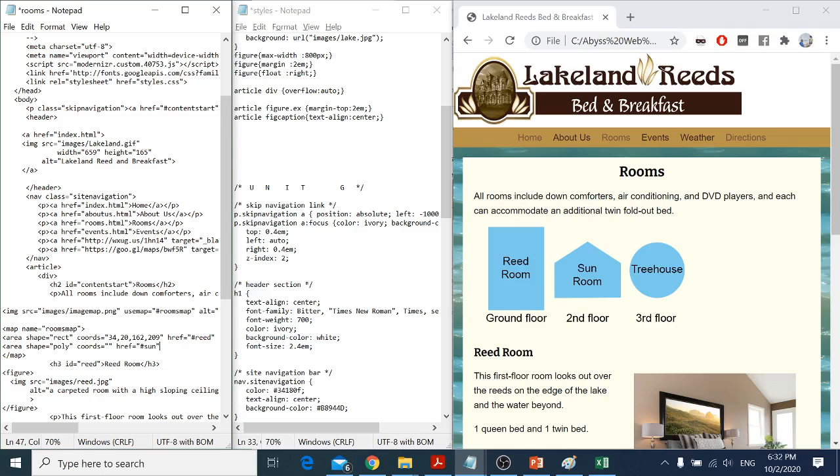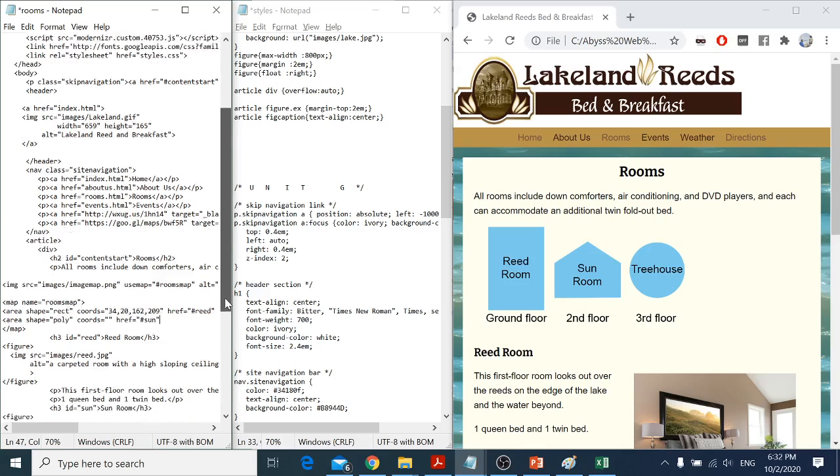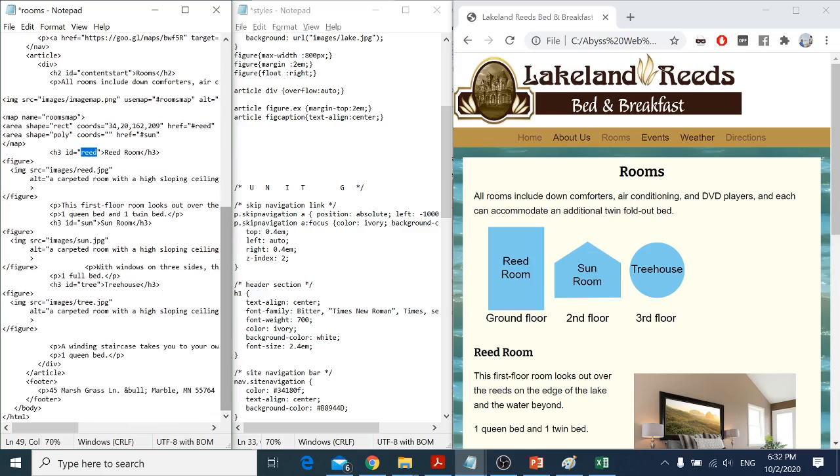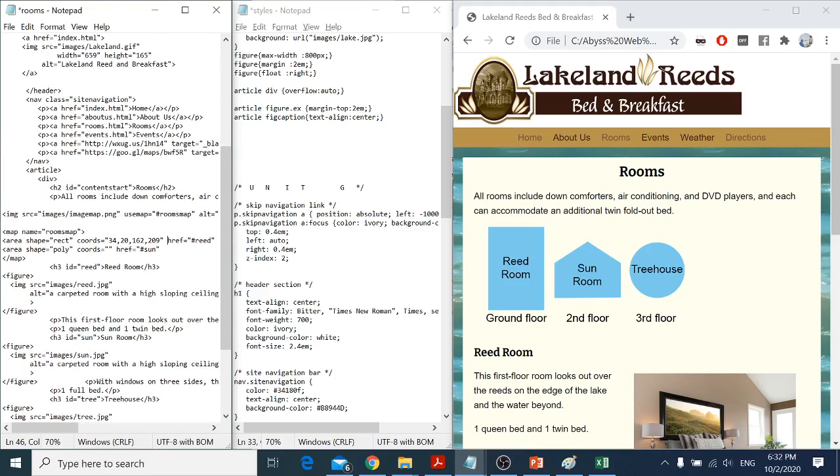This is pound sign sun. By the way, these tags are available, we have created them in the previous example. You see here id is equal to read, and similarly we have other ones as well, id is equal to tree, and id is equal to sun. You see that we are already having them. So let's define this. This is sun. And now alternate text, if you want to define, you say sun room